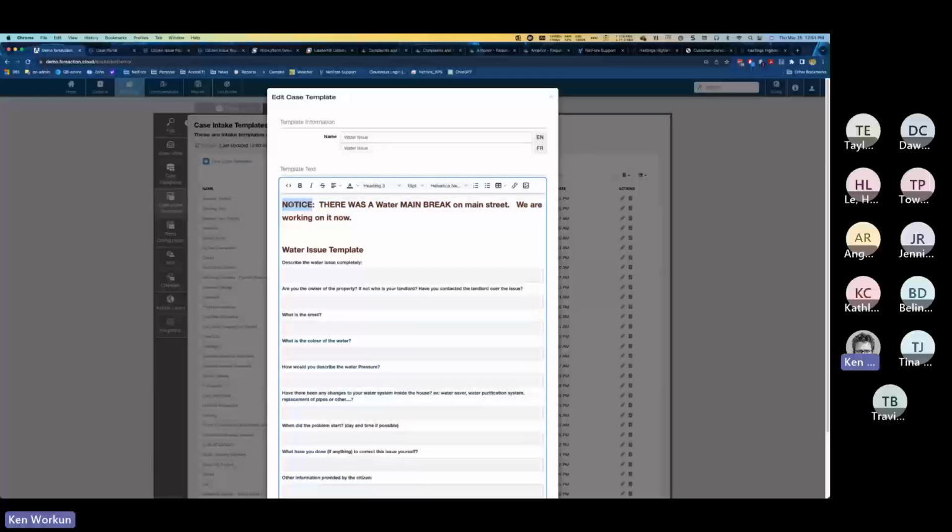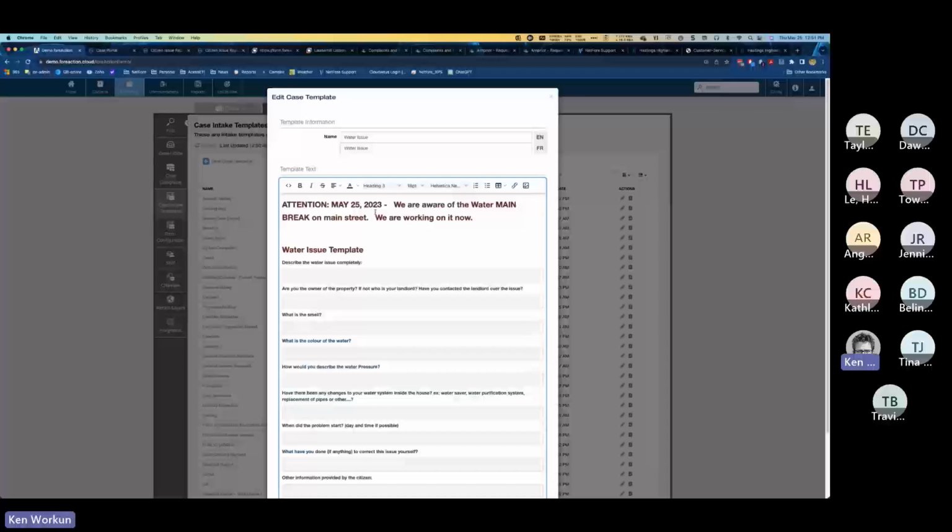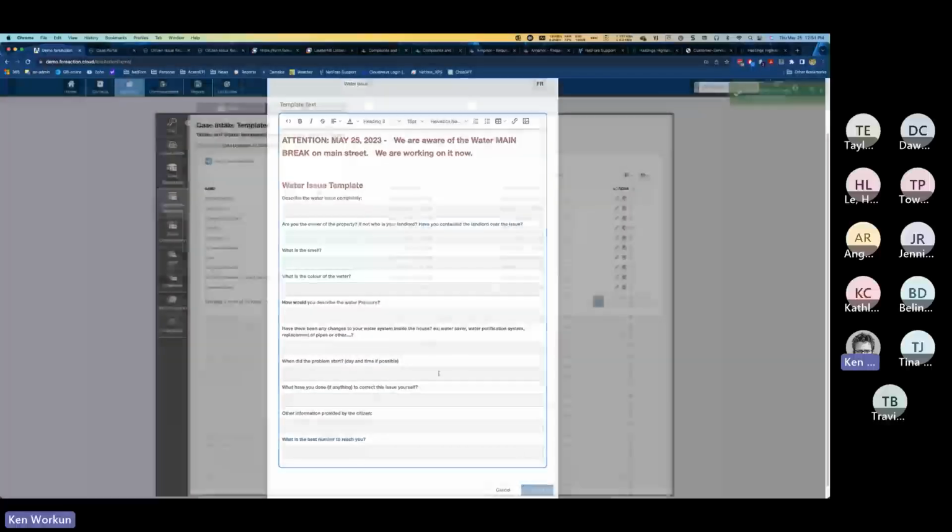So I could put a date on this. That's all you need to do to provide real-time communications to your residents that you are aware of an issue and that you're working on it. Obviously, all the other intake template is about just making sure you're capturing the right information. So in order to set this up,